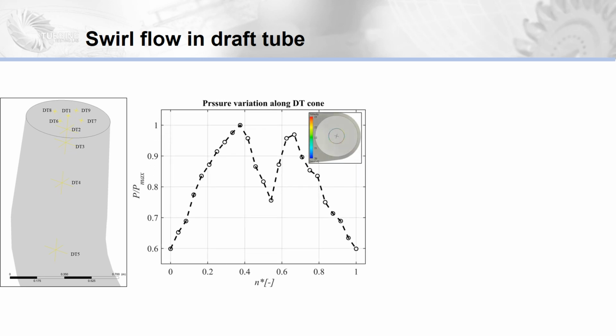In this figure, the pressure variation in the circular section at the inlet of the draft tube along with the velocity vector is shown. The pressure in this case is normalized by the maximum pressure. This variation in the pressure indicates the rotational flow along the circular section. Along 360 degrees of circular position, there are two peaks of pressure oscillation. These two peaks of highest pressure indicate the lowest velocities at the two sections.